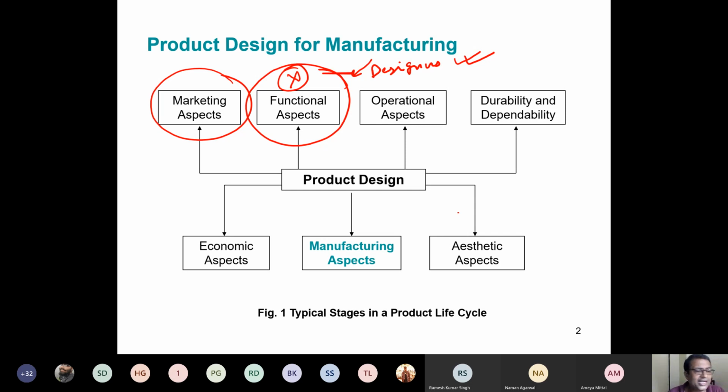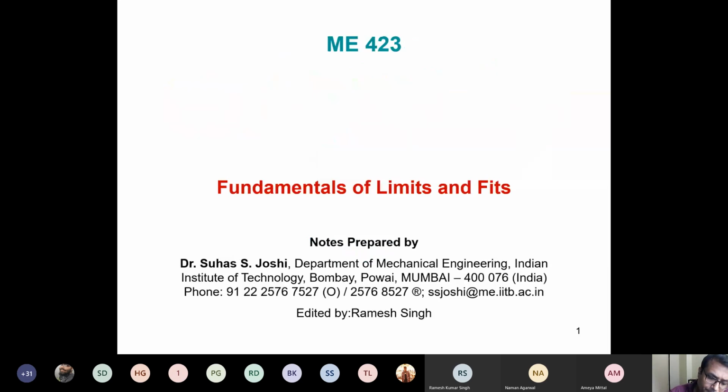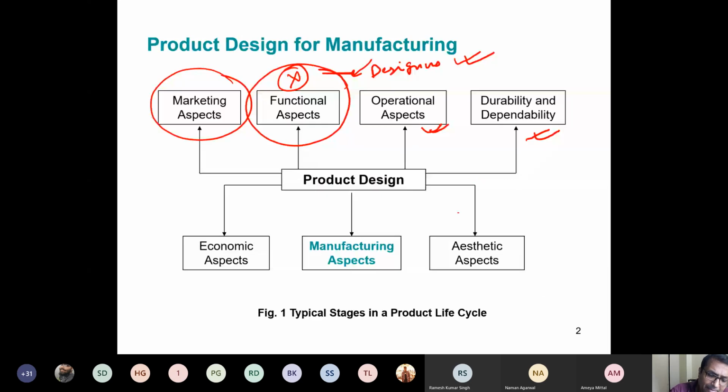Right. So the designer decides that this is the functionality and he says, okay, I want these tolerances. And the job of manufacturing engineering would be to make that. Sometimes he will say, I cannot make it. If the designer decides to have unrealistic tolerances, as I said, plus minus 1 micron, he will say, I don't have such kind of a precision grinding machine. I can't do it. Right. Then there are operational aspects. Then there is durability and dependability. So there's reliability,